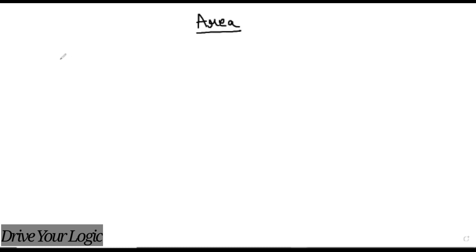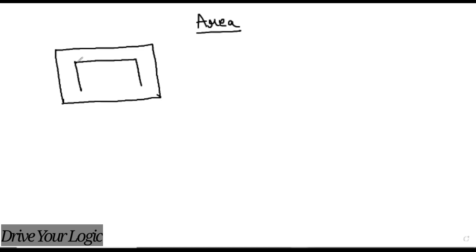So you're going to find the area. Now I've given this one rectangle. Suppose this is one room, okay? And this is one house you can take, and inside there is a room. Clear? Suppose the length of the outer rectangle is 100 centimeter and the breadth is 90 centimeter, right? And the inside part is 80 centimeter and this part is suppose 60 centimeter.